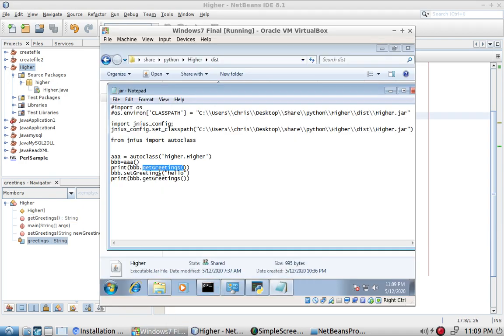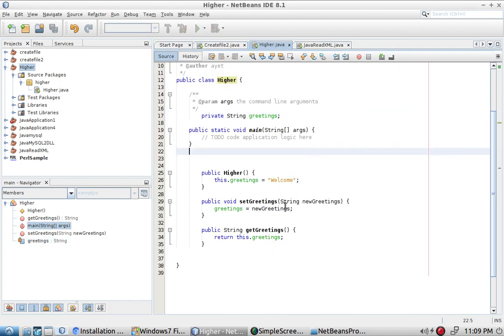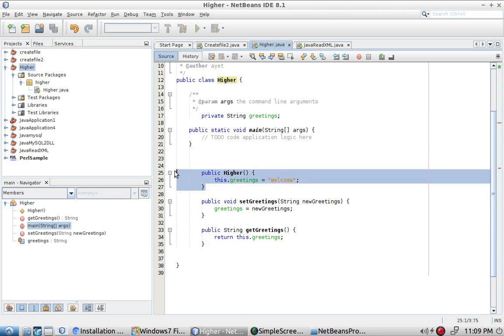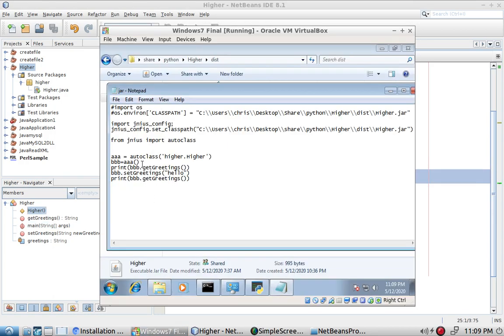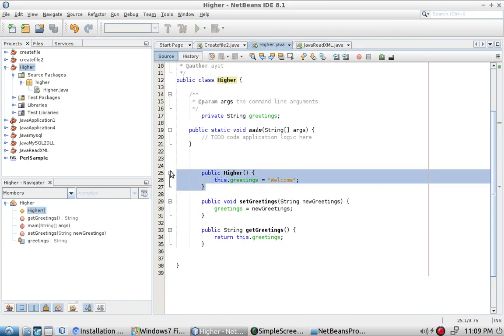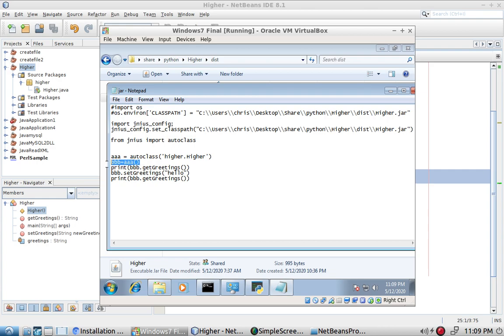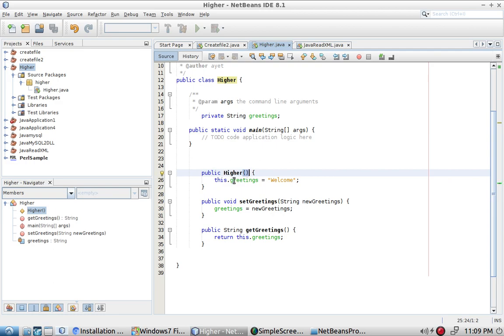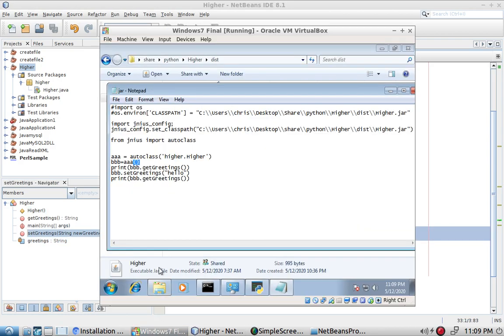By calling this one, since we already called this constructor without any parameter, this variable now contains a value welcome. So when calling this method, this statement, we printed,